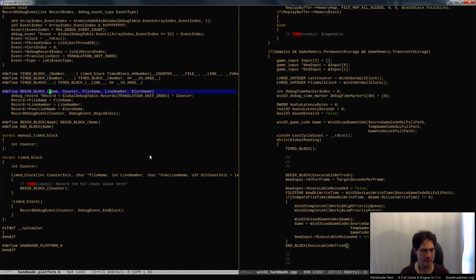And then the name bit doesn't have to flow through to here. So it's really just going to be the counter, the file name, the line number, the block name. And that's all it should really need in order to work. Everything else looks like it should be pretty much okay. So if that's the way we do the block begin, then what we need to do now is go, okay,